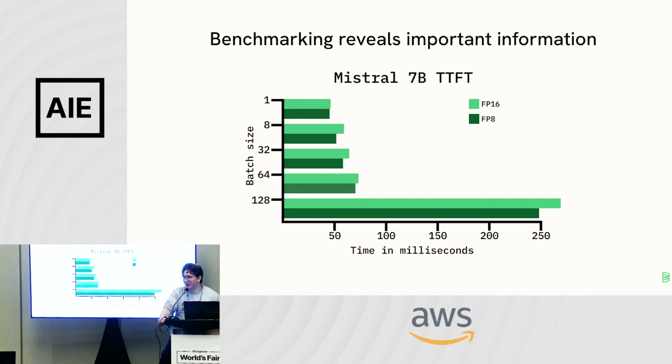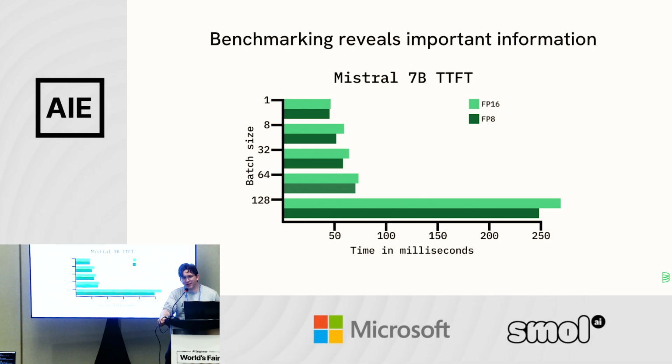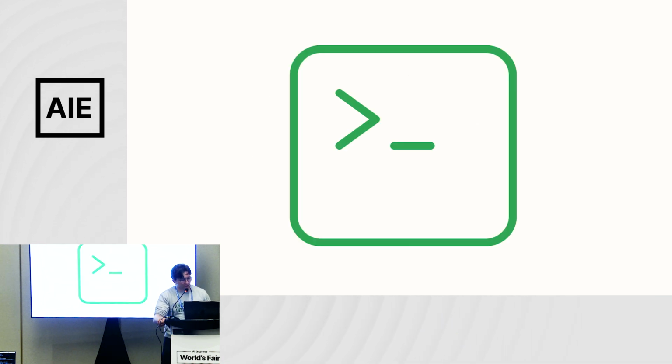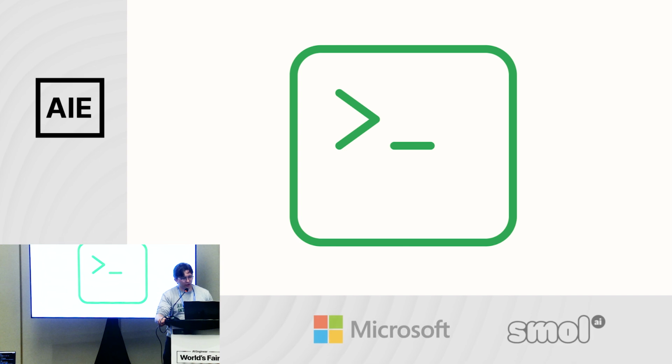But yeah, all of this to say, the performance that you get out of your model once it's actually built and deployed is not necessarily just going to be linear. It's not going to be something super predictable. You have to actually benchmark your deployment before you put it into production. Otherwise, these sorts of surprises can happen quite often. So Pankaj, do you want to take over the benchmarking script?